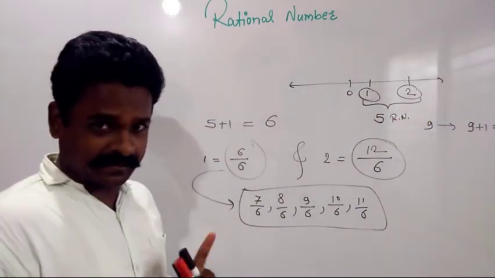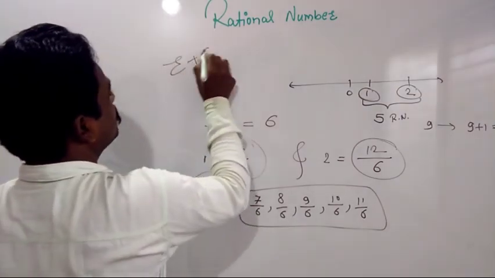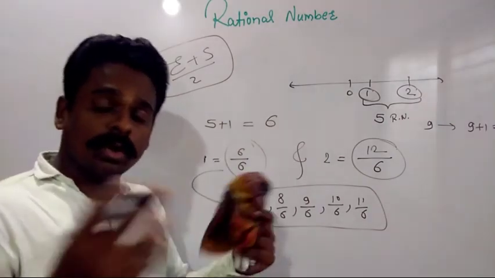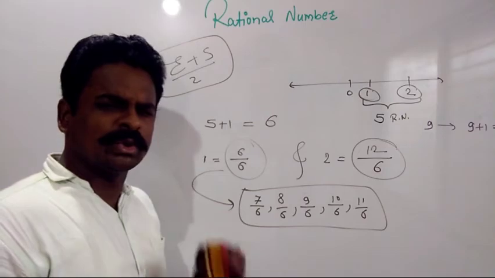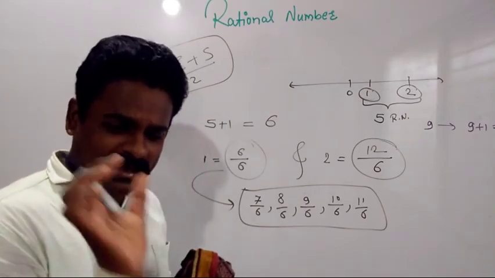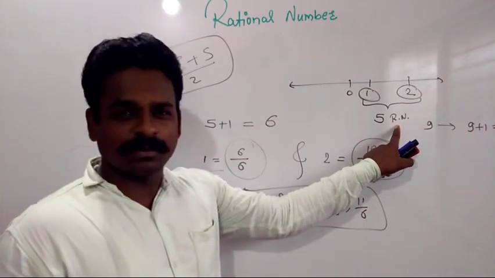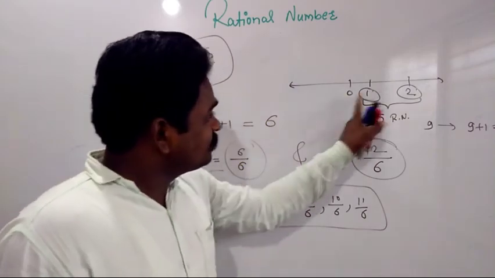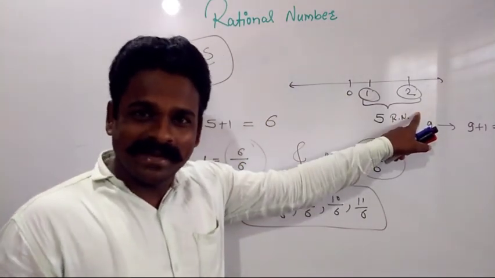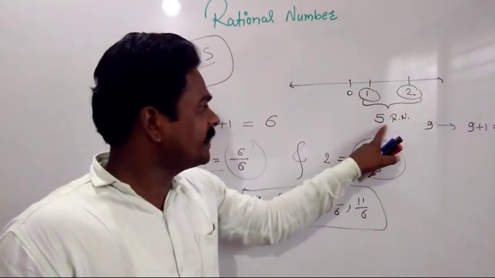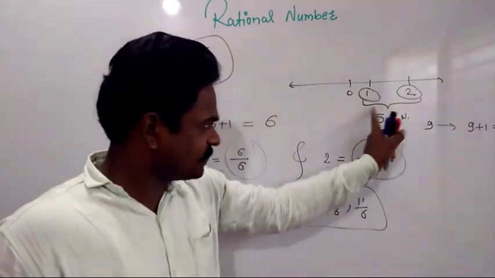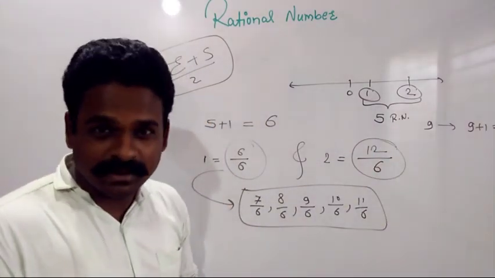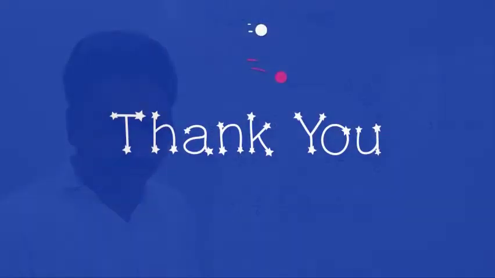So there are two methods. First method is R plus S divided by 2. But there we have to do a lot of calculations. And here no need to do that much calculation. Just take the number of rational numbers we need to find out, add 1 to it, and mention the given two numbers in terms of numbers whose denominator is that number plus 1. Okay. So fine. There are two methods to find the rational numbers in between two given numbers.